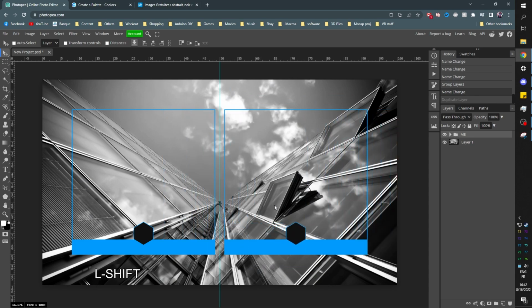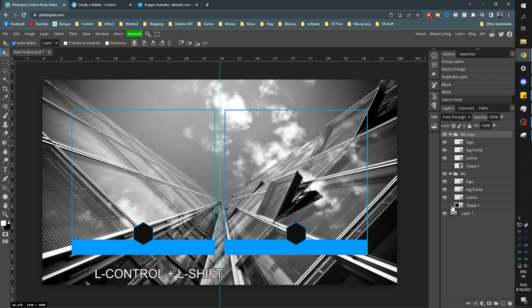You wanna kind of eyeball it to be in the middle, and then you can hold Shift, select both of them, move them around, and Photopea should tell you when you're in the middle, which is right now. Nice, okay, cool. Now you can expand both of those, and we're gonna hold control. We're gonna create a selection, remember? I wanna click on the two main frames. We're gonna hold control, click on the first shape one. Now, while holding control, hold shift to add an additional selection and click on the other shape one. As you can see, boom, boom, boom.